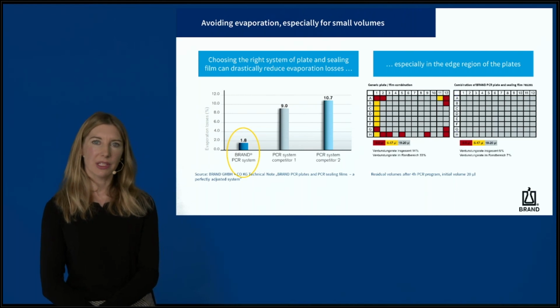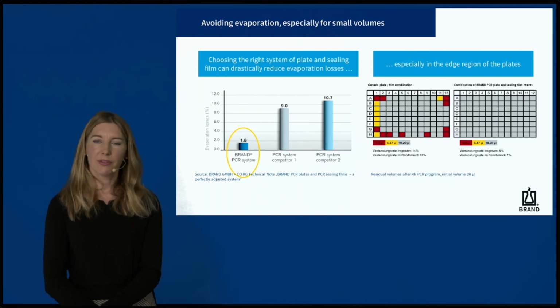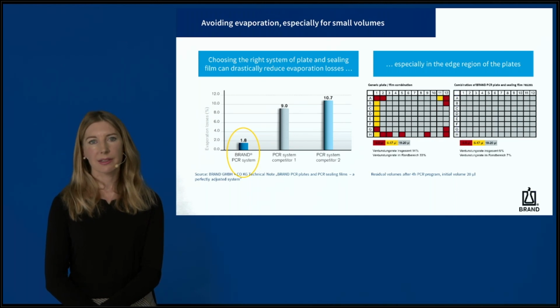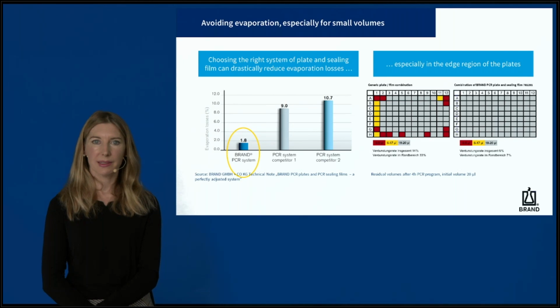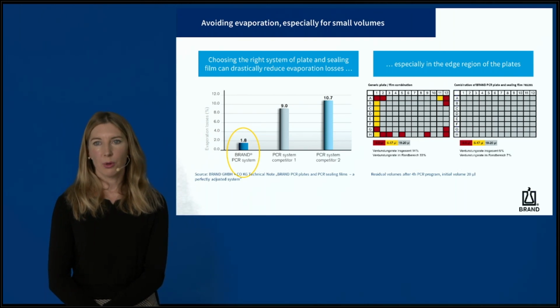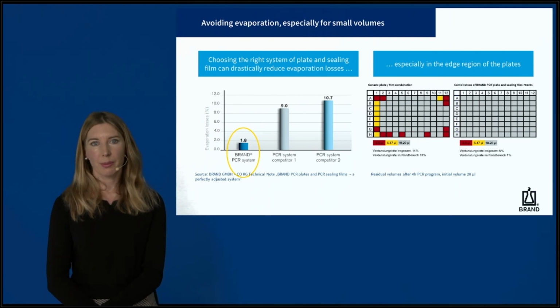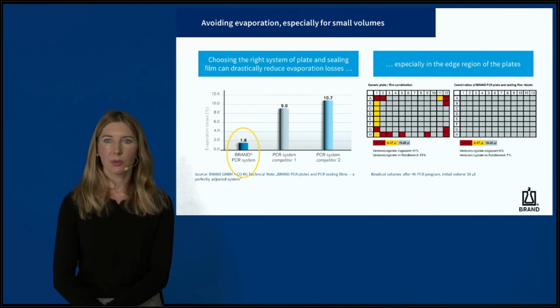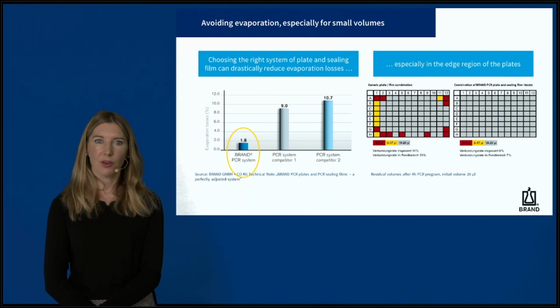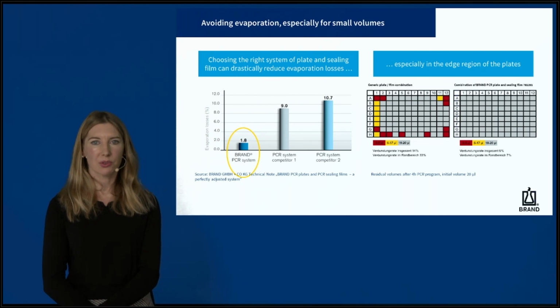Especially in the edge regions of the plates, in the red marked fields, the evaporation loss is up to 33%. This study also illustrates how important it is that the combination of the PCR plate and sealing film are a compatible system. And moreover, an optimal lid pressure of the thermocycler is required. Furthermore, when using PCR tubes, please inform yourself how many tubes must be used at minimum, because too few tubes might be damaged by the lid of the thermocycler as the pressure might be too strong.